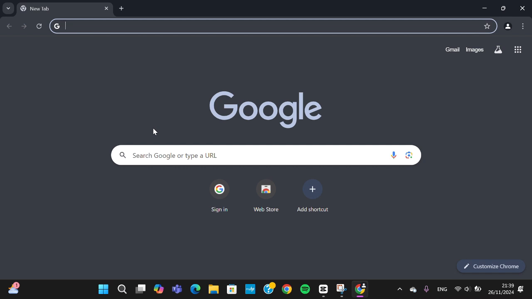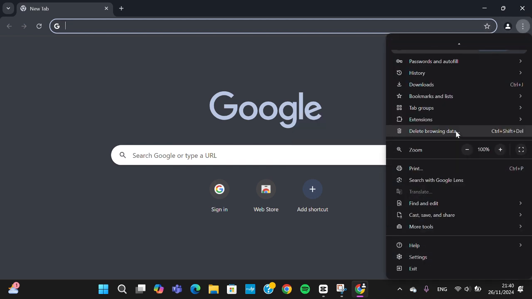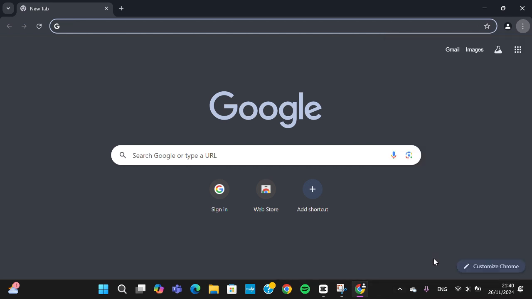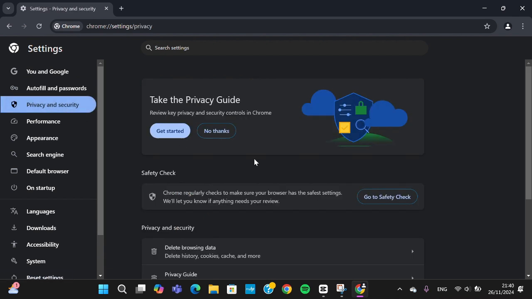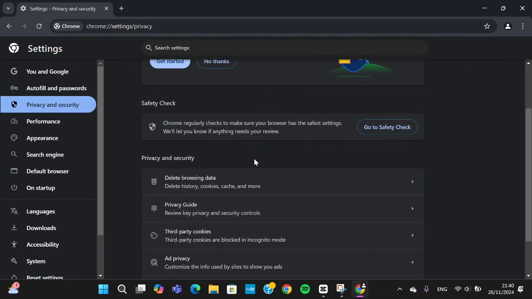First of all, you need to open up your Google Chrome and make sure you have logged into your Google account. And after that, we're going to open up the settings. Click on these three dots and then you're going to scroll down until you find settings. In the settings, we need to go to the privacy and security, and then we're going to scroll down until